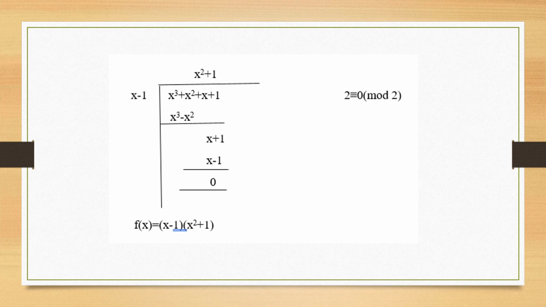Take x square, multiply, you get x cube minus x square. Change the sign, cancel out x cube. Change the sign, you get plus. So when you add up, you get 2x square. 2x square is not allowed here, so divide 2 over 2. Your remainder is 0, therefore 0x square, so that is why I have not written it. Then bring down the two terms, x plus 1 here.